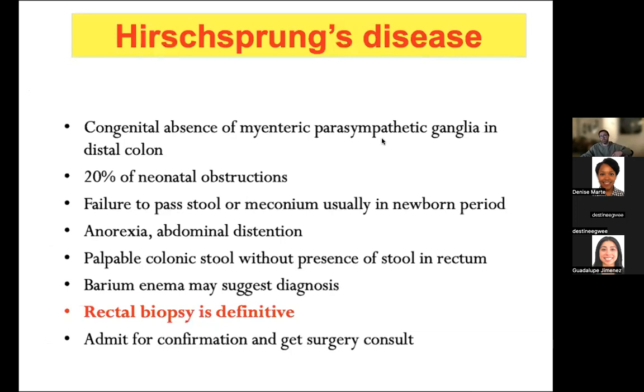Switching gears a little bit, this is a little bit of a mixed bag. This section, we're going to talk a little about Hirschsprung. So congenital absence of the myenteric parasympathetic ganglia in the distal colon. 20% of neonatal obstructions are because of Hirschsprung, and usually it presents as a failure to pass stool or meconium